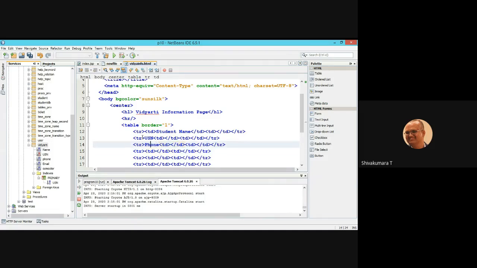You can write mobile phone number. This is the first TD, mobile phone. Then email, then semester.